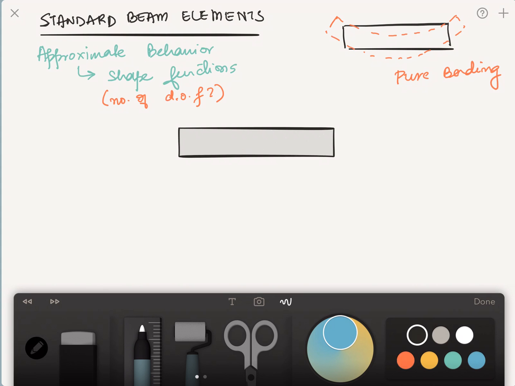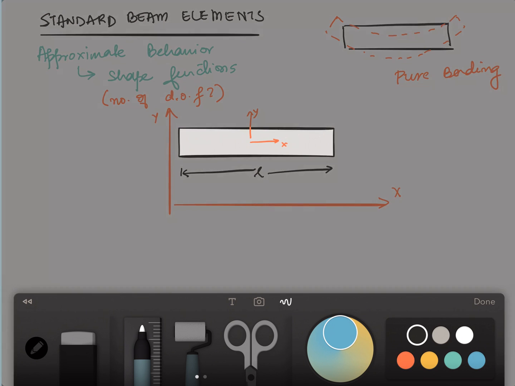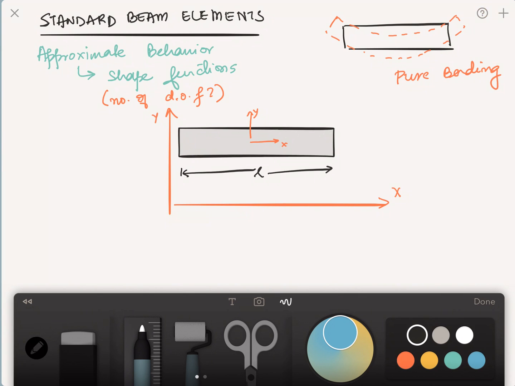There are some rules that we are going to follow. We will use the local axis like this. And then the global axis, of course, can be here somewhere. So you have capital X, capital Y. The length of the beam is given as L. You can have capital L, small l, doesn't matter. And because it's a single element, there are two nodes,